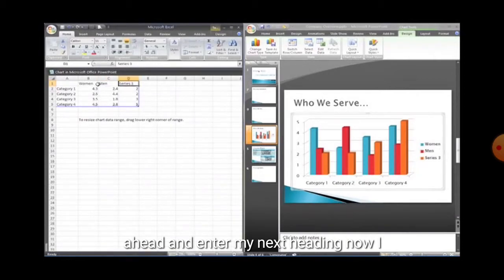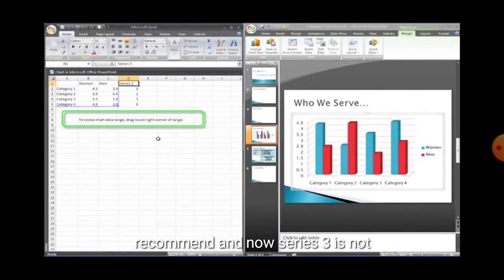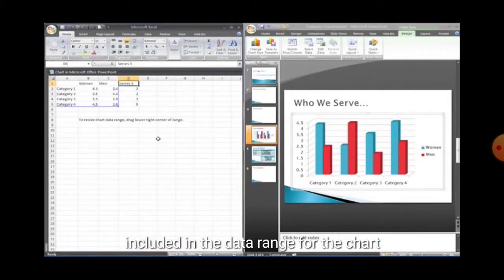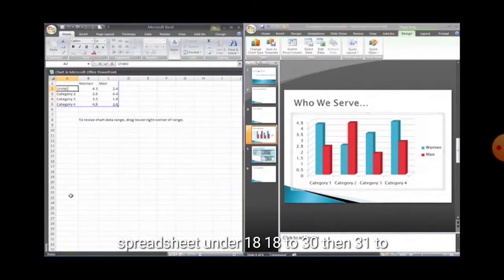As we don't want the series 3 here, we can delete it: select it and press the delete button. If you don't want it, first select that range, and you can increase or decrease the value, or you can delete it according to your needs of the data. As we don't want it, we can delete it, or you can keep it in that Excel file. Now we just click and drag, and when the cells are released, it is deleted. So that column will be deleted, and all the data will disappear with that column.